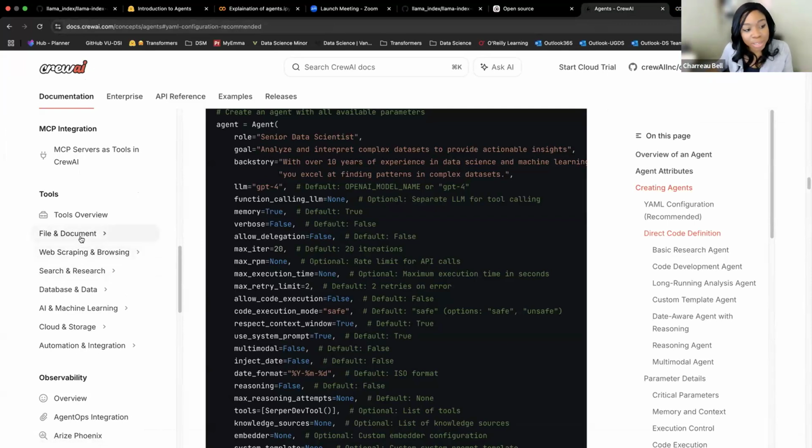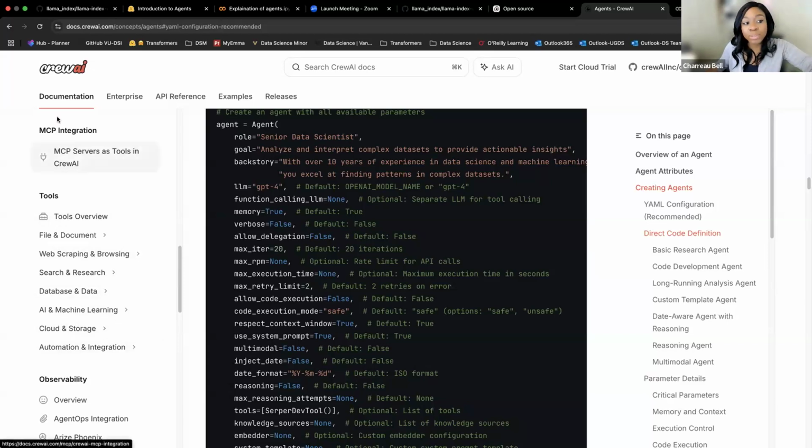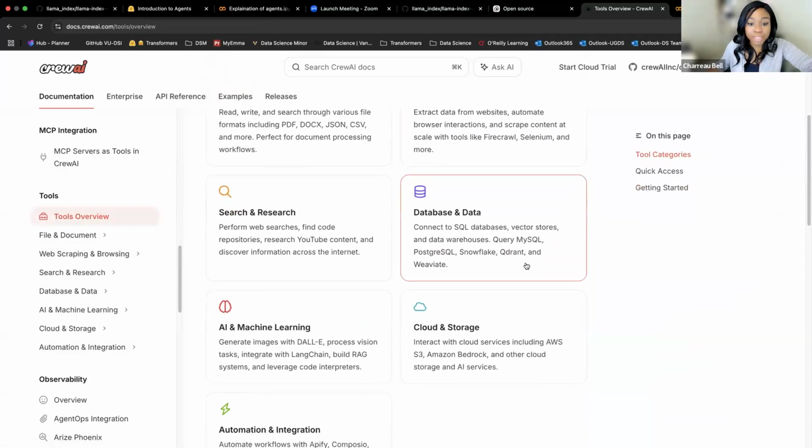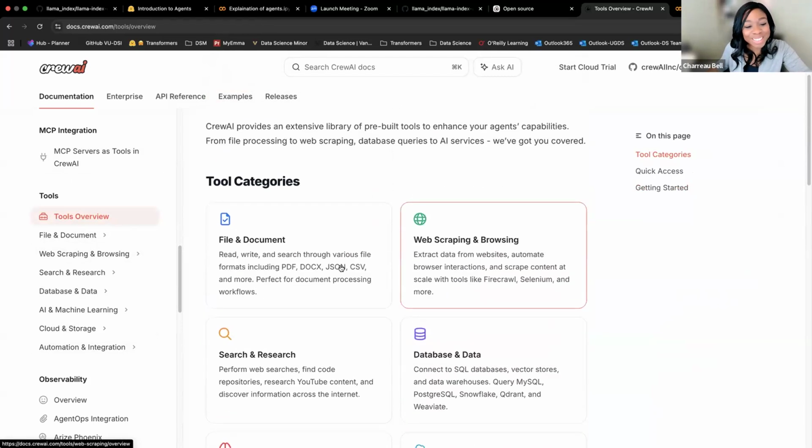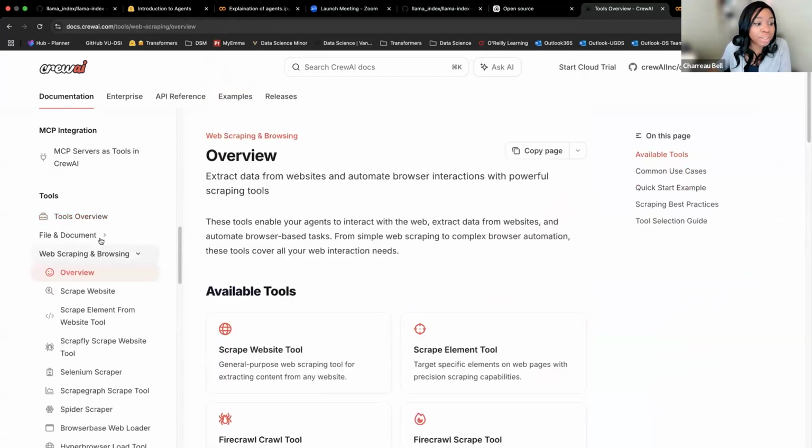So not only would you be able to use the tools that CrewAI has implemented, but you would also be able to use the tools that LangChain has implemented, or Llama Index has implemented, or ones that you decide you want to define. Or we will talk about MCP on Friday, but these MCP servers are very robust frameworks for accessing and using tools. So there's a little reorganization, okay? But these are the kinds of tools that they have available.